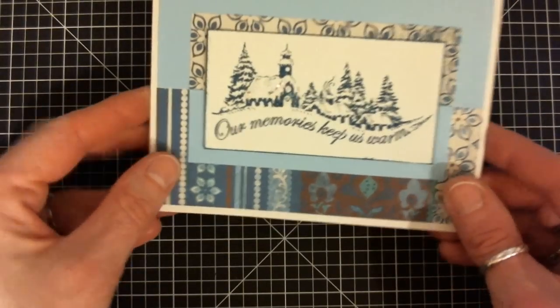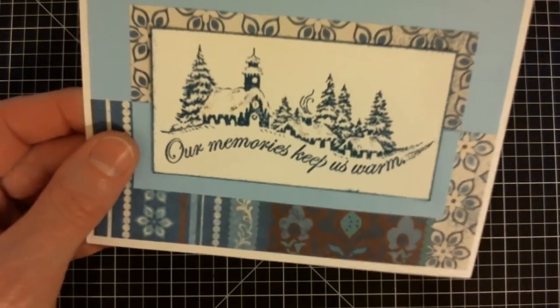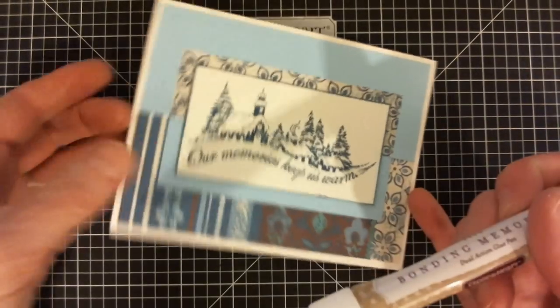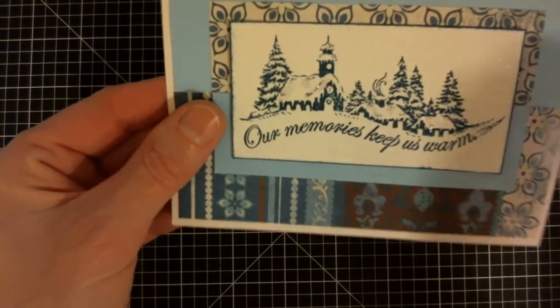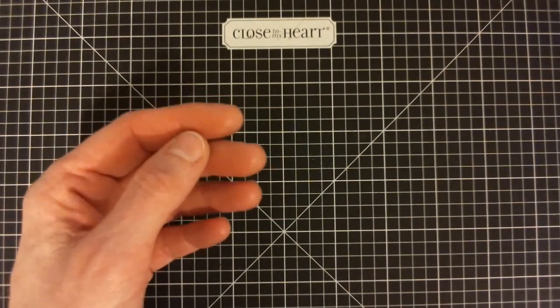You can also use it on a card. It makes great snow. And so if you just put, using the little pen for this works good because your pen has a little chiseled tip on it, so you can really get some good detail in there. And so just a little coating. This is a card I did a couple years ago with a big workshop, and the people loved it because it's quick and easy, and it just gives some really neat little sparkly accent for snow. So there's a couple ideas for using glitter